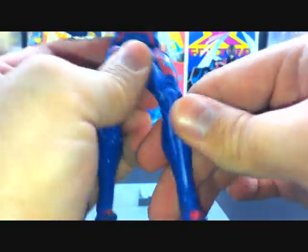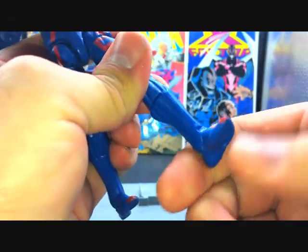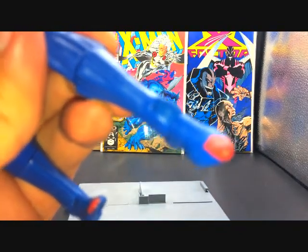So coming down, he has a boot cut which will turn left and right, so that's nice. And his foot, you get nice